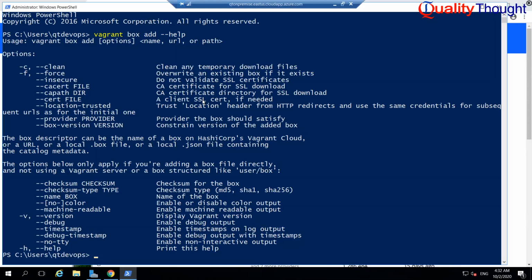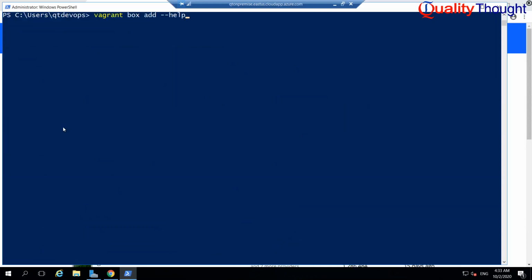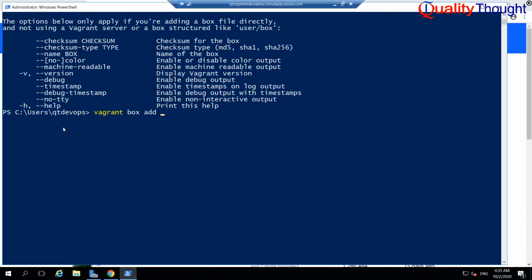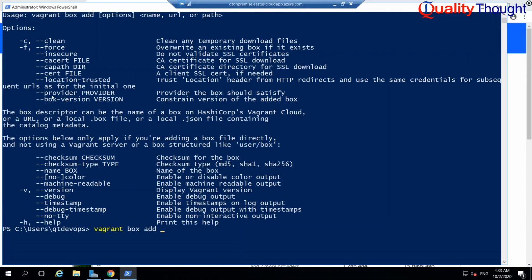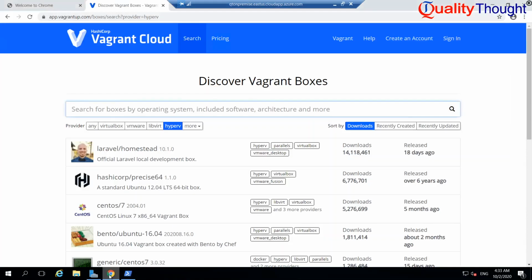So I can give vagrant box add, and then see the different options which you have. I'll be using this provider option. The provider is nothing but Hyper-V.